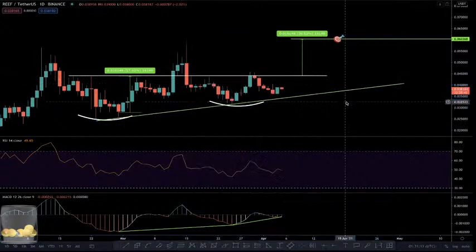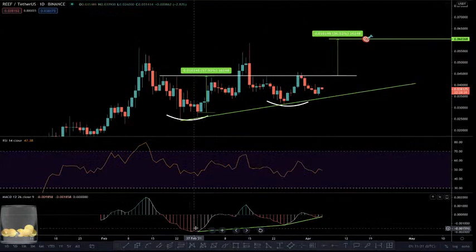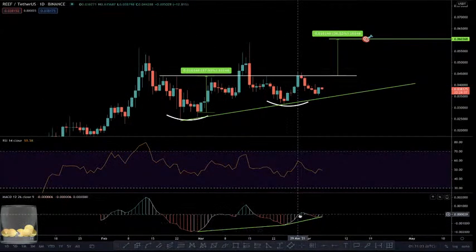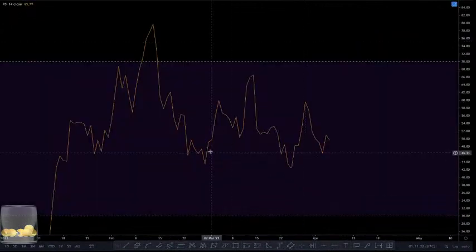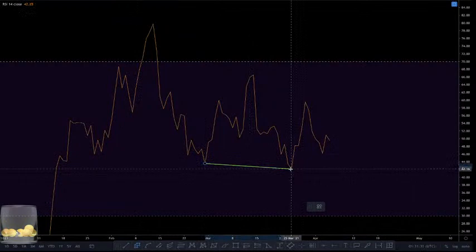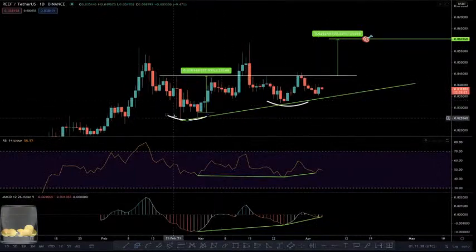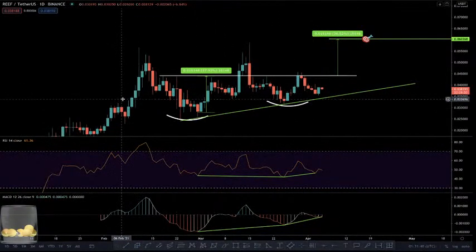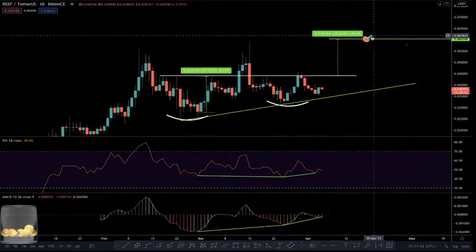So we can see this converging trend line is aligning down here with our lower levels of negative momentum on the MACD, as well as look at this on the RSI. Okay, so on the RSI we had a lower low, and now put in a higher low. So here is where we're looking for, again, this kind of rounding price action, which identifies continuation to the upside,